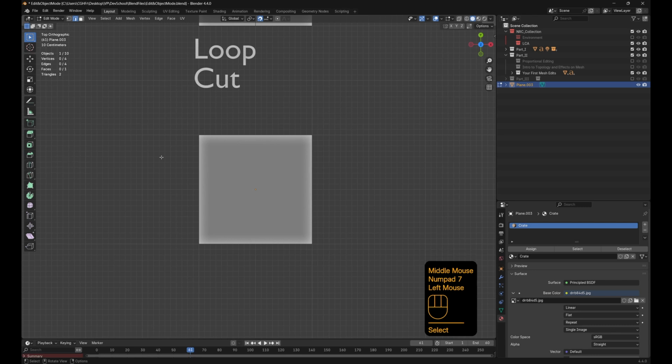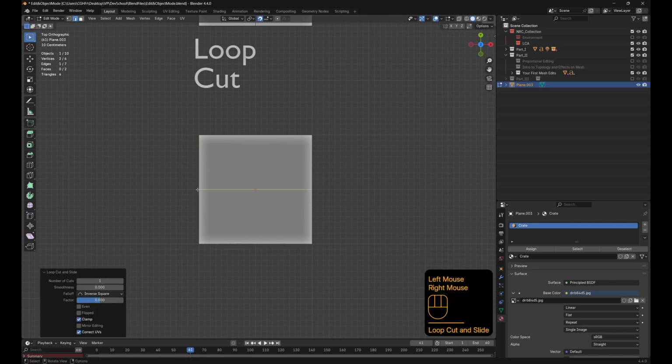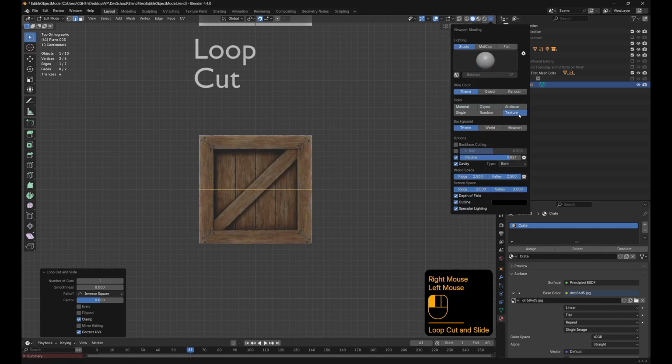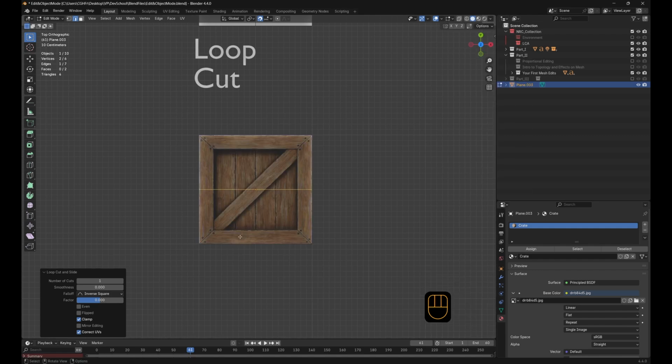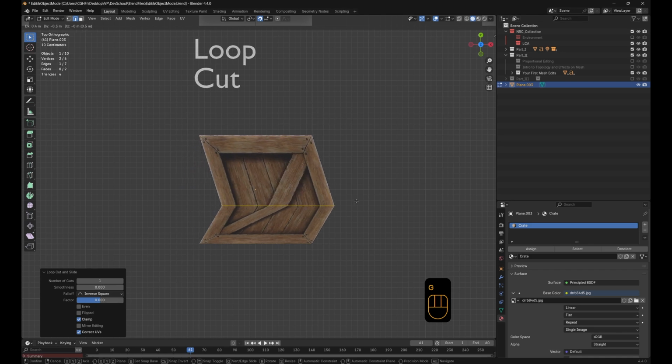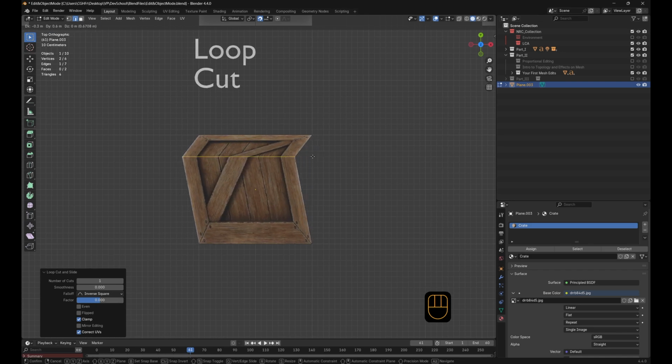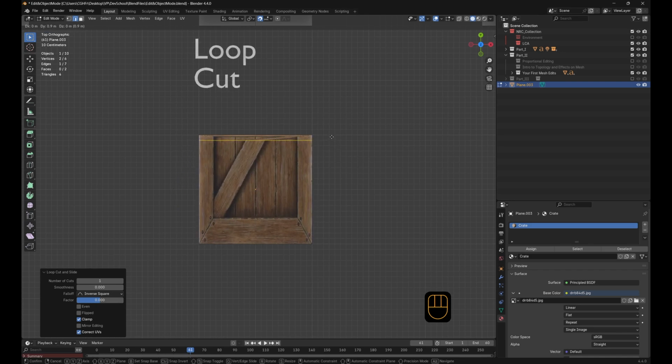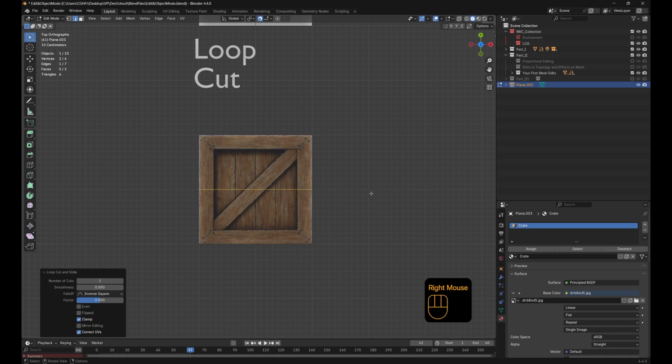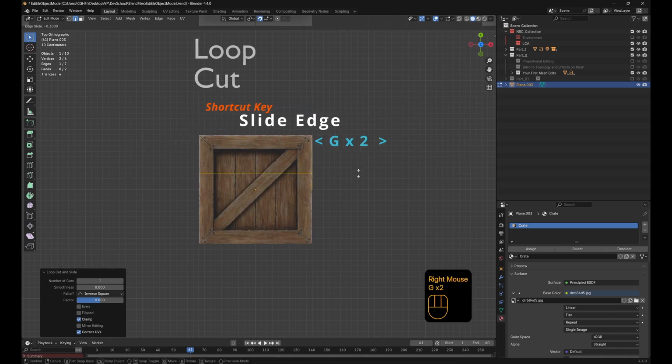So let's add in those loop cuts again with Control R. And this time I'm going to add one. I'm going to bring back that lovely crate texture. And now I've set it in place. I haven't adjusted anything, it's good as it is, but I now want to move it. How do I do that? Well, I can press G to grab it, but you'll notice that moves all the texture as well. It's not ideal. We can see if I try and move it up to this edge here, it moves the whole texture with it. If I double press G, you can see now it slides that loop along the face